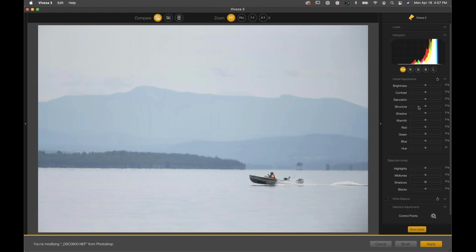I believe this was done because shadow was already an algorithm and slider or tool built into Viveza. And when they made the newest version and updated with the selective tones, it only made sense, if you're going to have highlights and midtones and blacks, to also at least have shadows here. And so they've included that. Now, I should actually make an image. You can make test targets basically that show you your different values. We could make it a sort of scientific approach and actually look to see what each one is doing. But right off the bat, we can see that this shadow slider is probably likely affecting slightly different tones,